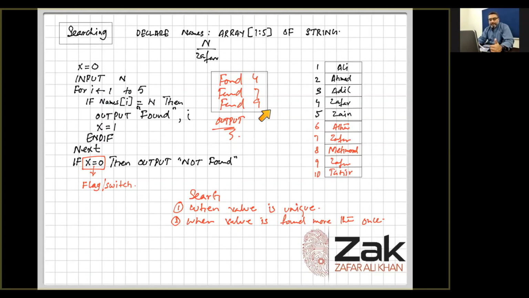All right, so be careful. When we are looking for a search which is unique, as soon as we find it, we put exit for. But in this case, we have the same name appearing several times, so we don't have to put this exit for there. All right, so that is the fundamental